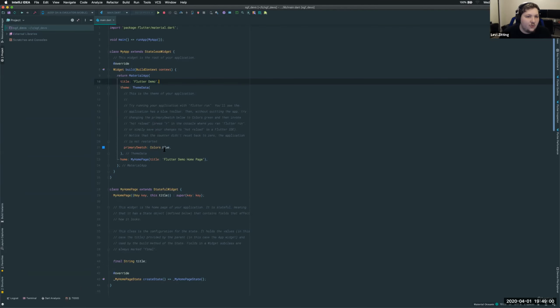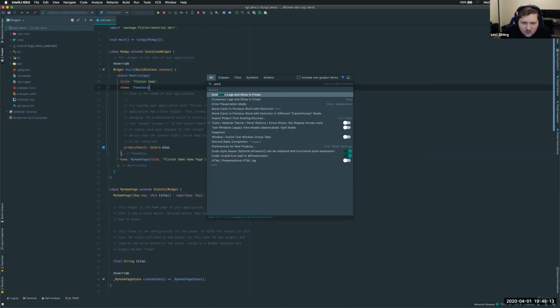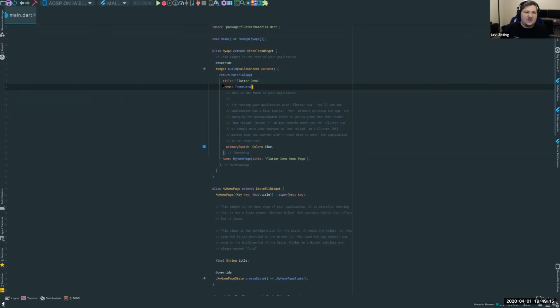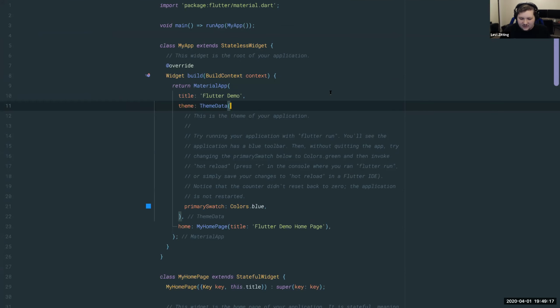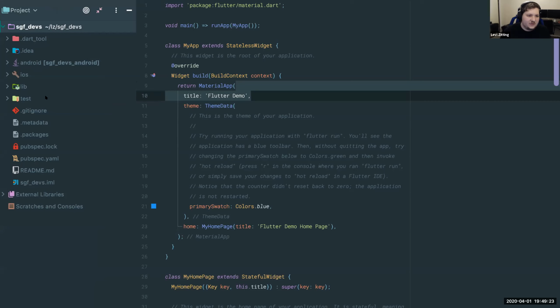Okay, so now we're looking at the very basics of our Flutter app. So we have this main.dart file. Let me actually enter in the presentation notes. This is a little bit bigger. I know you guys can probably all see, but it definitely shows up better in the recording to have a bigger font. So I'll pull up my sidebar